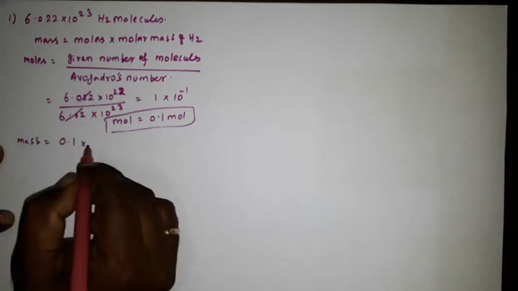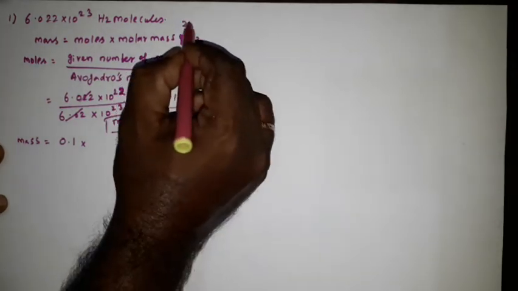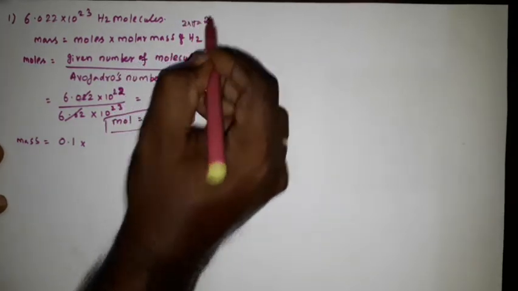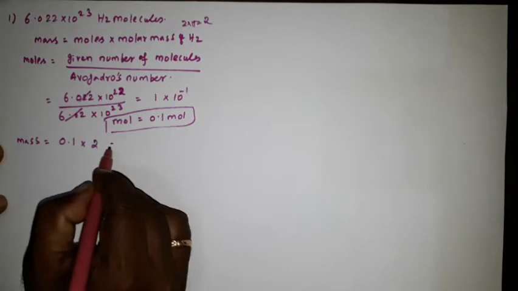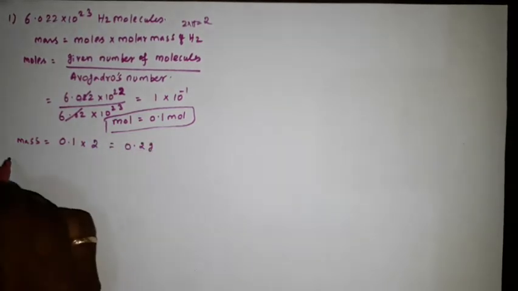So mass equal 0.1 into, what is the molar mass of hydrogen? 2 into hydrogen, so equal 2. So molar mass is 2, we will get 0.2 gram. Okay, then option 2,